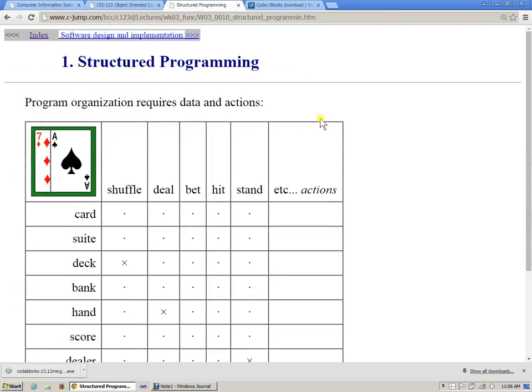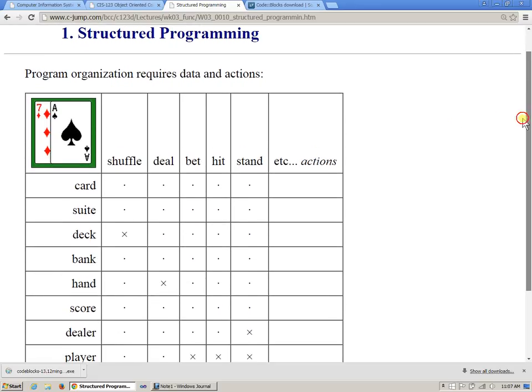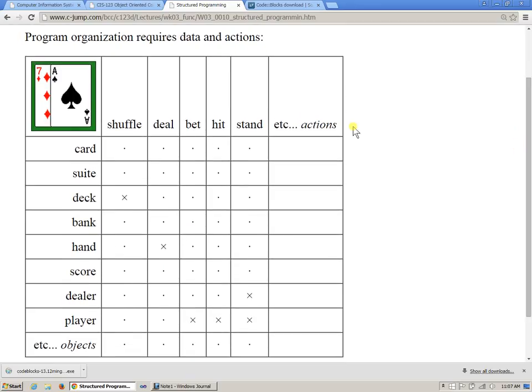All right, so this is my view of something that's called structured programming. Another name for it is procedural programming. This is a classic and traditional approach which still works pretty well. For instance, most operating systems today are written using C, and it's a structured programming approach. So if you think about a program to write, maybe like a blackjack game or a card game in general, I can think of two things